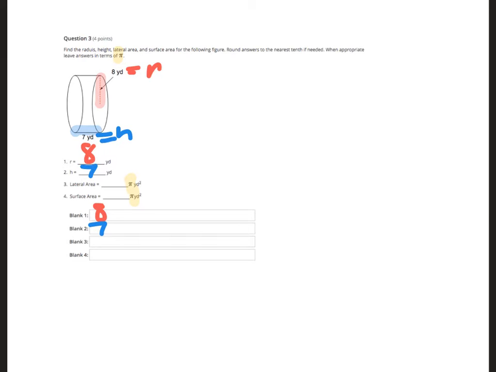All right, the next thing we need to do is find our lateral area. Now, your cylinder is basically just a prism. Remember, your lateral area equals the perimeter of your base times your height. Now, that formula is a little general. Right now, I don't know how to find perimeter. But remember, our base